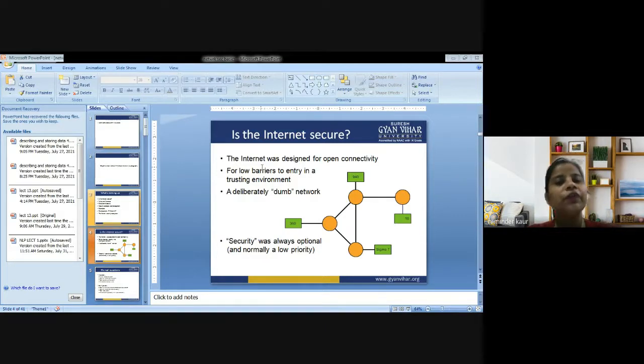In addition, security was always optional and normally a low priority. Because I told you in several classes that whenever we are dealing with software development, we give least priority to security. We are dealing with software, but we don't give importance to security: how to secure the project that I'm going to develop, how to secure the coding of the project, how to secure the operations of the project,